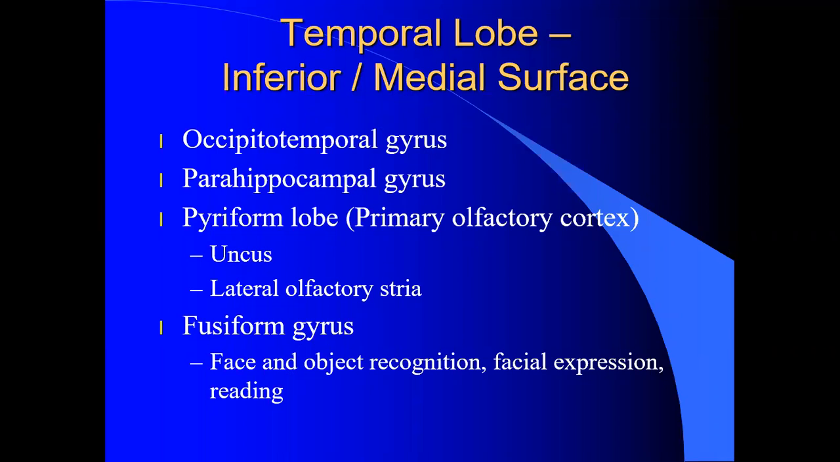The temporal lobe, all right, again, on the inferior and medial surface, there's a little bit more going on, more parts to name. You have this long-running occipitotemporal gyrus, a parahippocampal gyrus. You're going to have the piriform lobe working in here, which is olfactory. This is the primary olfactory cortex of the piriform lobe, which is not easily marked. I've tried to mark it for you. This will include the uncus and the lateral olfactory stria, and the fusiform gyri, which are things that are not